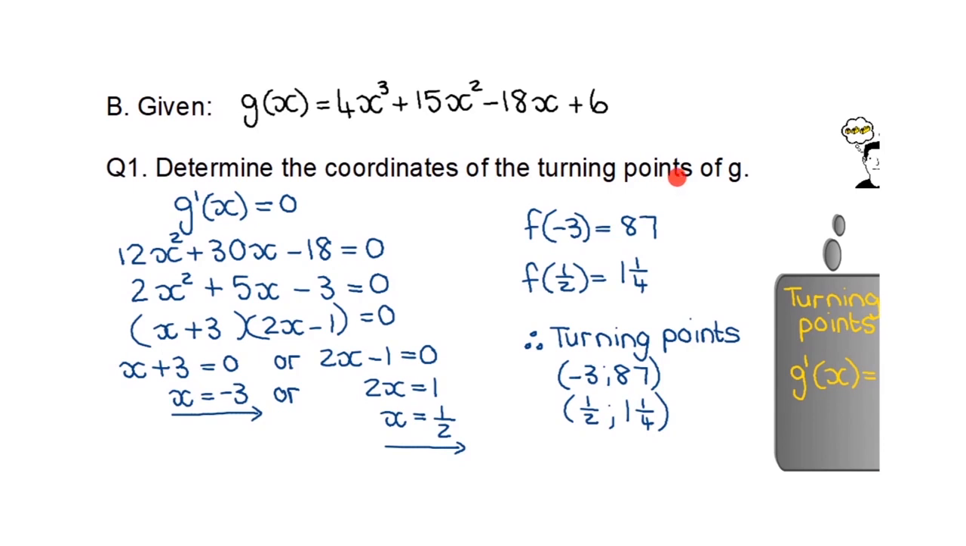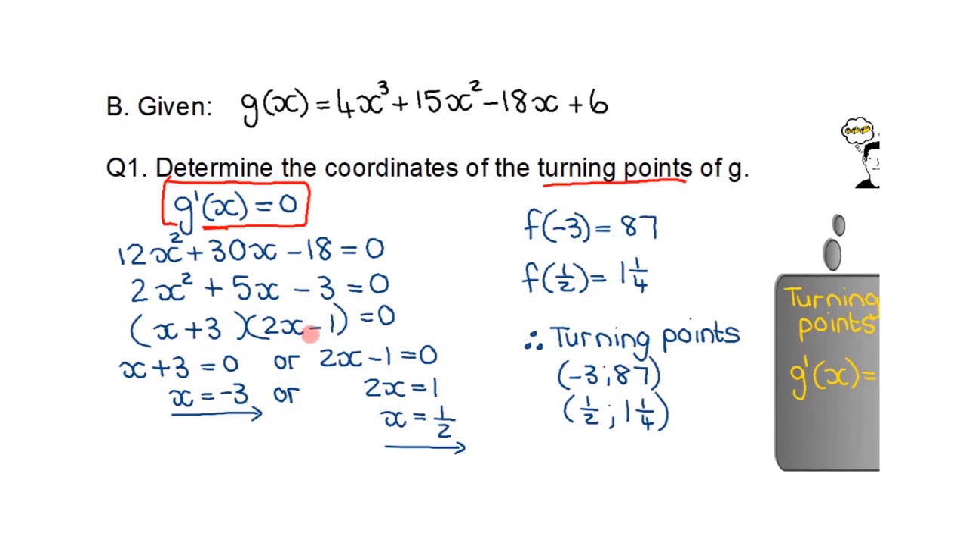At the turning point, the derivative will be equal to 0. So the derivative of this g must be equal to 0. I differentiated it: 3 times 4 gave me 12x squared, 2 times 15 gave me 30x, minus 18 x to the power 0, and this derivative must be equal to 0. I saw that 6 can divide into each one of those, so I simplified it,